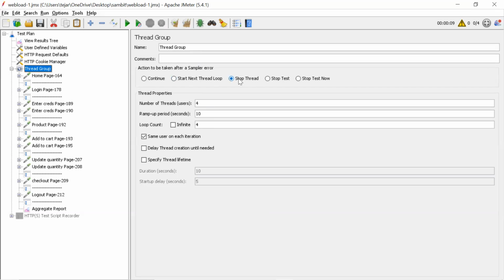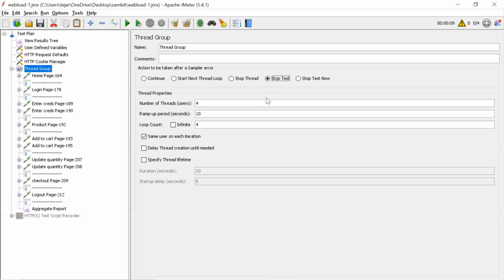Now, stop test. Can you guess what it could be? It will stop the test. Then what is the difference between stop thread and stop test? Stop test means the test will be totally stopped, memory will be freed, and the report will be generated. Stop thread means the particular thread is stopped.